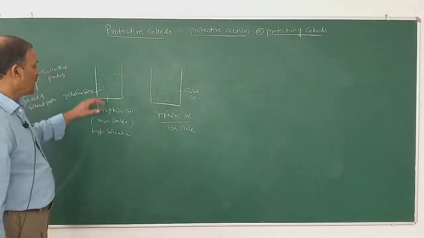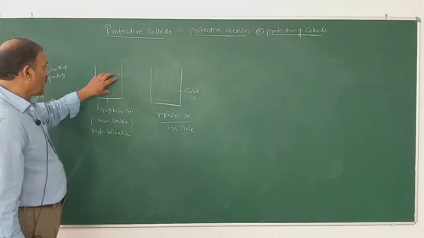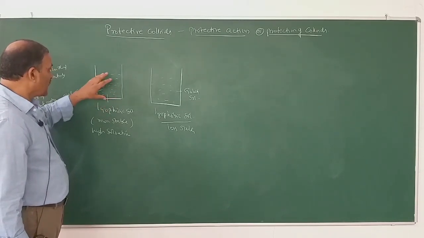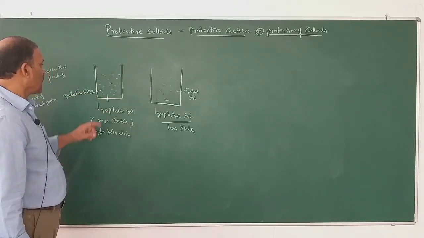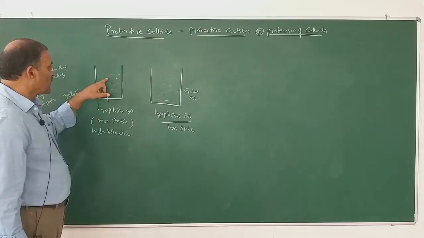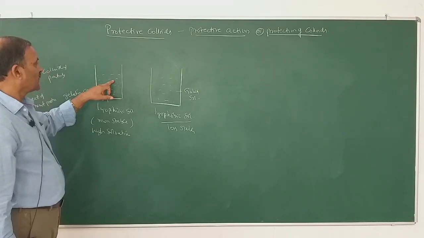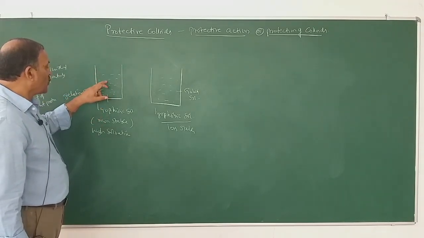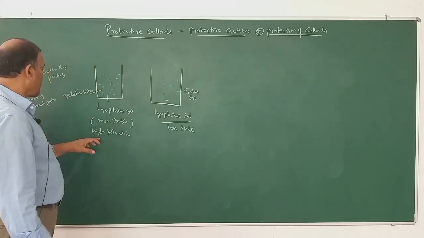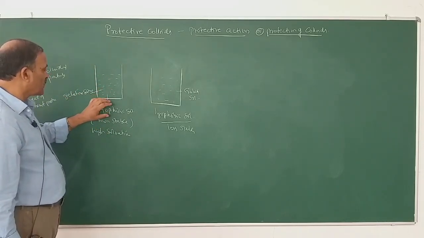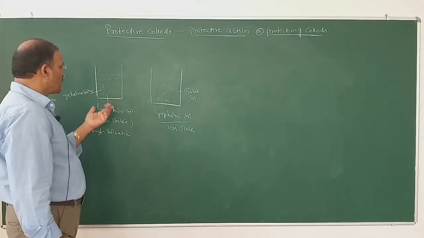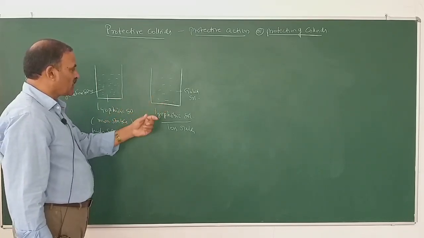So stability of colloidal solution, what is stability? The colloidal particles should not settle down at the bottom of the solution. That is what is known as stability. So the stability of colloidal solutions is due to what? Due to the presence of like charges. Due to Brownian movement, the stability is more. And due to high solvation, the stability of lyophilic salts is also more. So finally, lyophilic salts are more stable than lyophobic salts. For example,